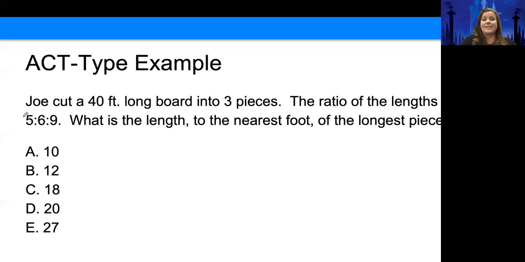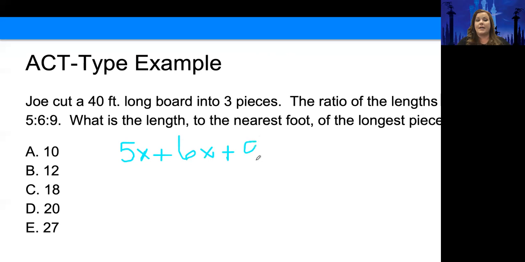Okay, so this is saying the first one is 5 units, the second one is 6 units, and the third one is 9 units. Well, that doesn't mean the answer is just 9. This is the extended ratio. There's 2 ways that you can do this. The textbook way is going to tell you to do 5x plus 6x